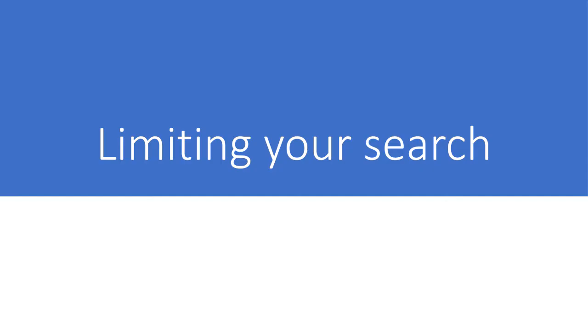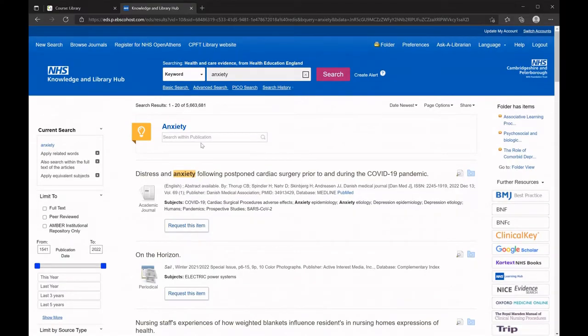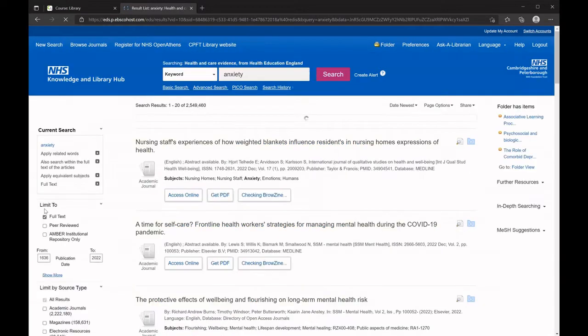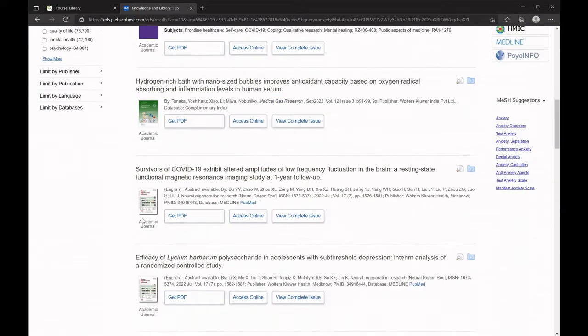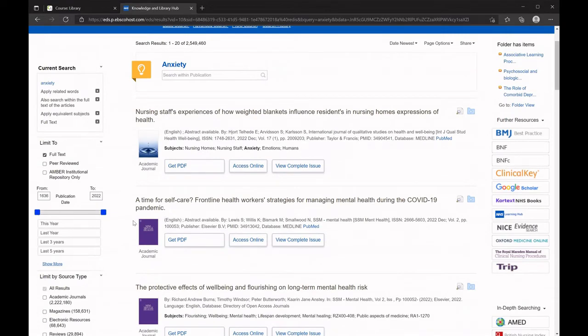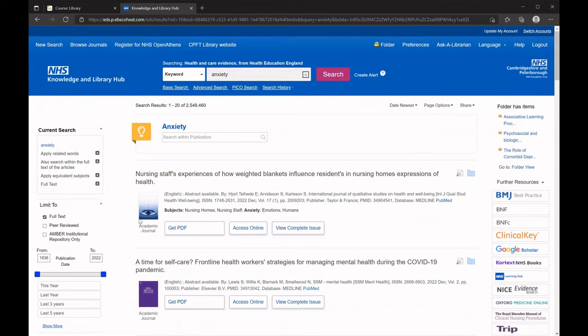If you do want to make sure that the only articles that you access are ones that are actually available to you, you can limit your search to just the full text of the articles and limit your search in a number of other ways using the options on the right of the screen. So where it says limit to, I can click full text there,